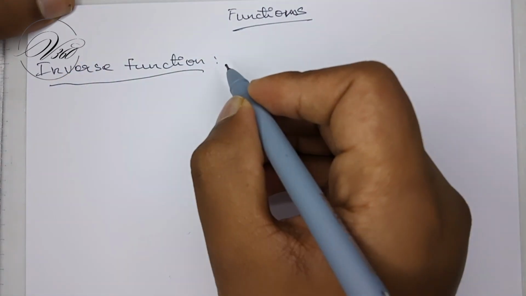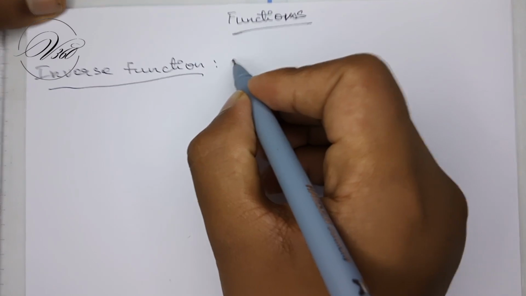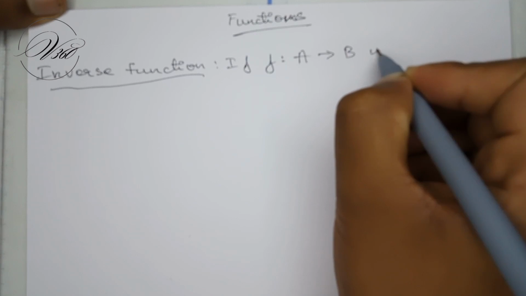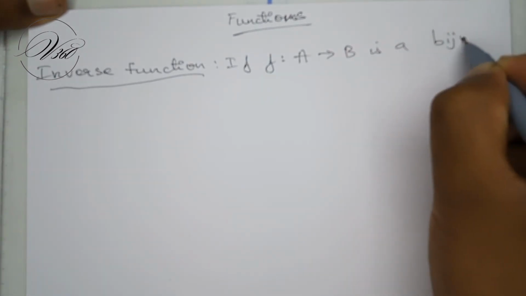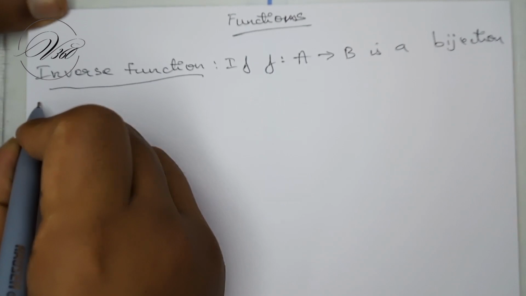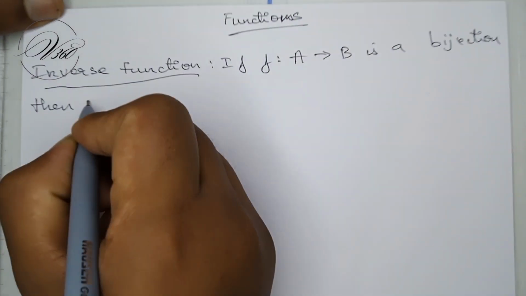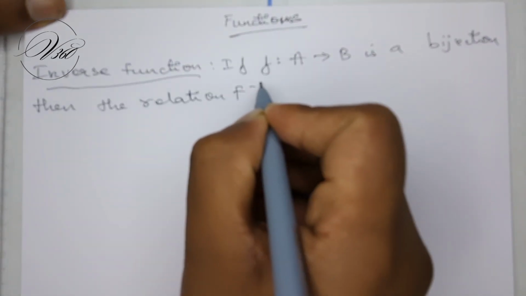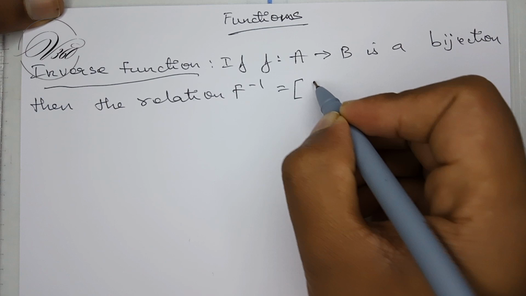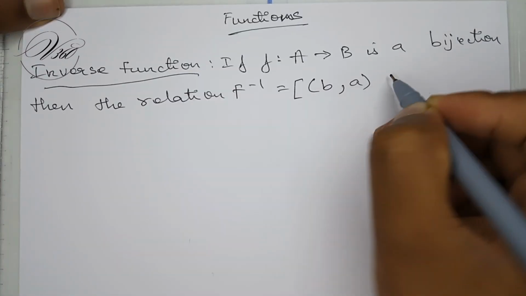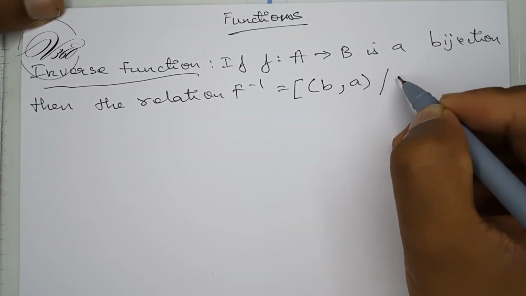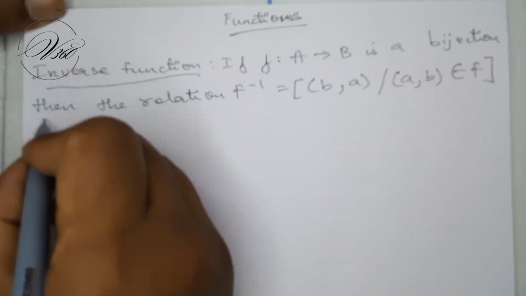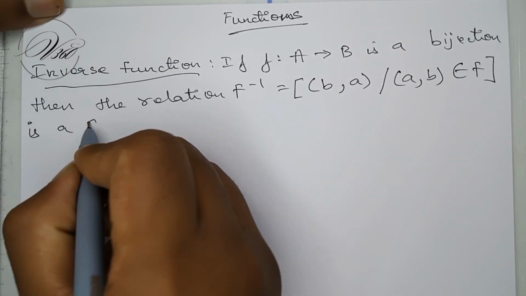Now, starting with inverse functions, we'll write: if f maps A to B is a bijection, then the relation f inverse, which is the set of pairs (b, a) such that the pair (a, b) belongs to f, is a function